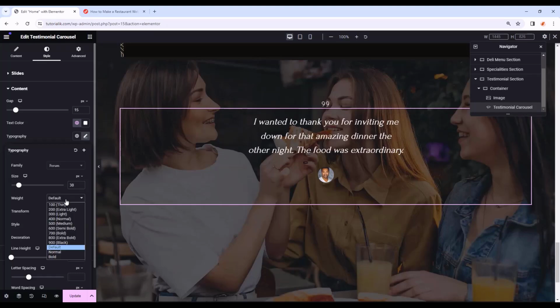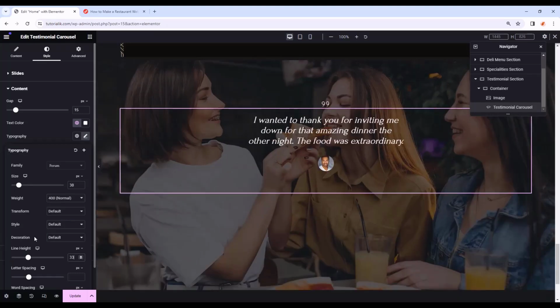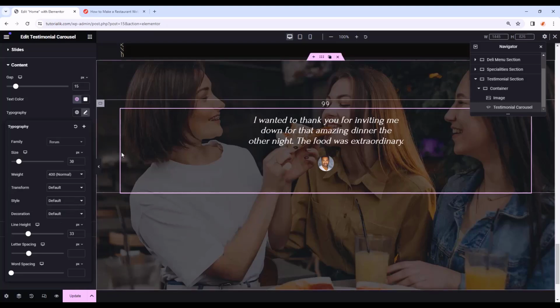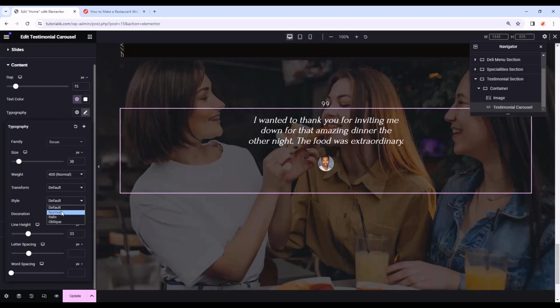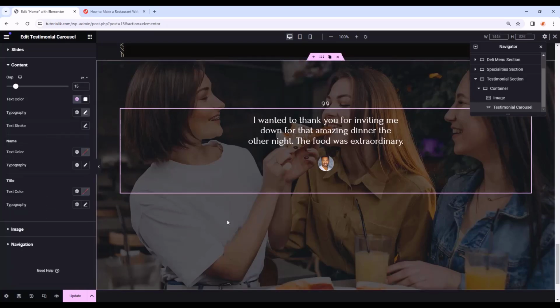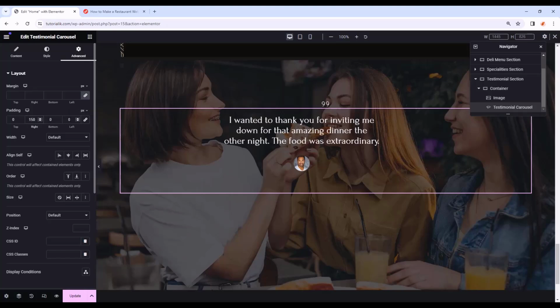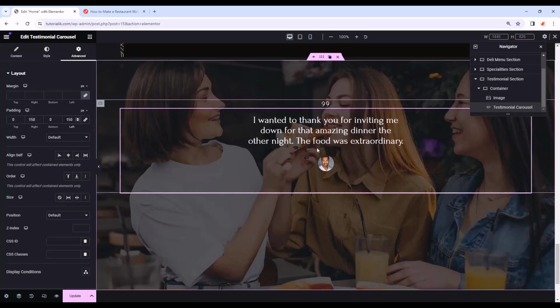Then let's make the font size 30 pixel, font weight 400, line height 33 pixel, and style, let's make it normal so it will be straight. Before it was italic by default, but we just made it normal. Alright, then we're gonna go to advanced tab, and in the padding, I'm gonna add 150 on the right and